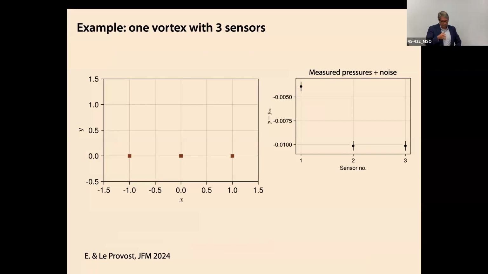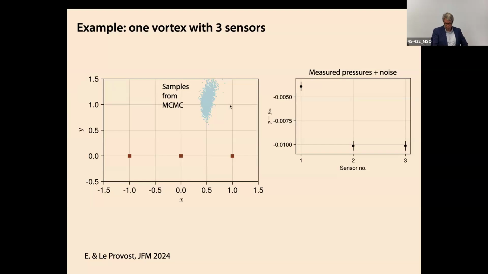Okay, so I'm going to show you a very simple example. I have 3 pressure sensors right there, and I have 1 vortex that I'm trying to estimate. So I have 3 pieces of information to find 3 flow states. That sounds like a nice balance there. And it turns out to be the case. I have some noise here, as you can see, a little bit noisy that my sensors are. Those are the pressures they got. And so when I do an MCMC sampling of that posterior distribution, I get a range of possible values here. They're clustered around there.